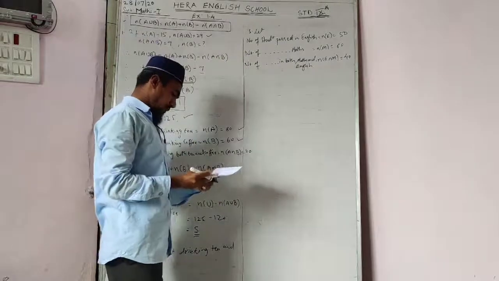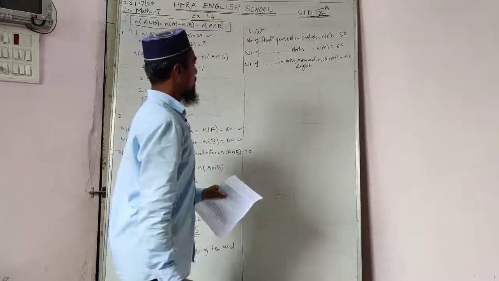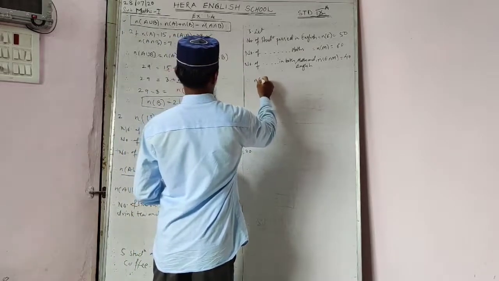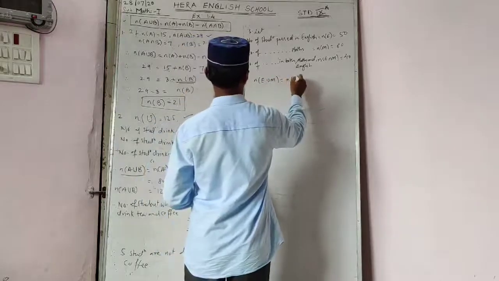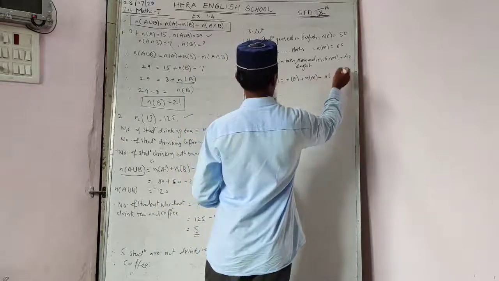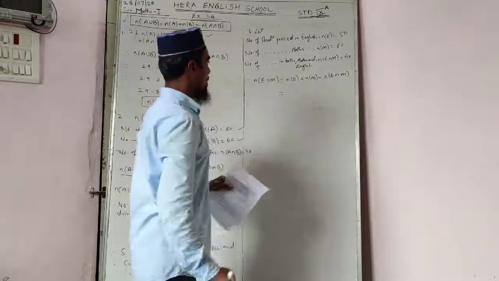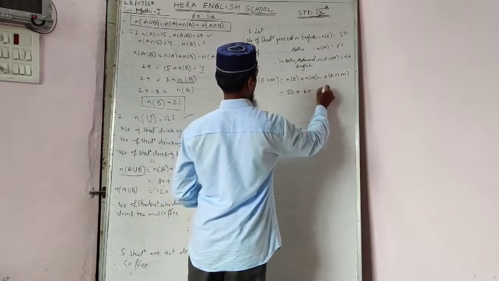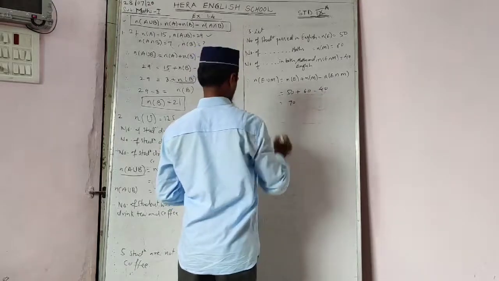Okay, now what we have to find is the total number of students, how many students are there in particular class. Okay, so we'll use the last formula, number of E union M is equal to, the formula is same, number of E means English, number of M maths, number of both subjects English and maths. Keep the values here. E we have 50, this one we have 60 minus 40. Here you will get 50 plus 60, 110 minus 40, you will get the answer 70.